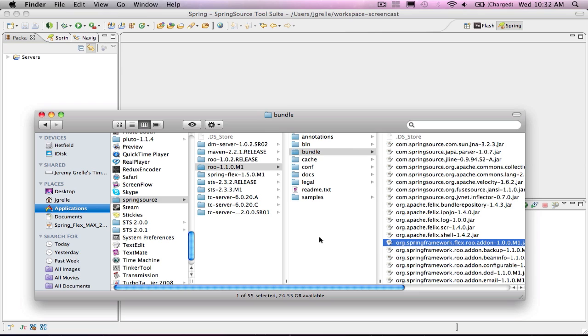Now this process is going to get even simpler with, I believe, Roo 1.1 M2 and onward, where you won't even have to download the Spring BlazeDS distribution. There will be a nice simple Roo command for how you go out and obtain the add-on. Just make Roo actually go out and fetch it for you. So that's going to get even simpler in the future, but right now it's just a matter of dropping the